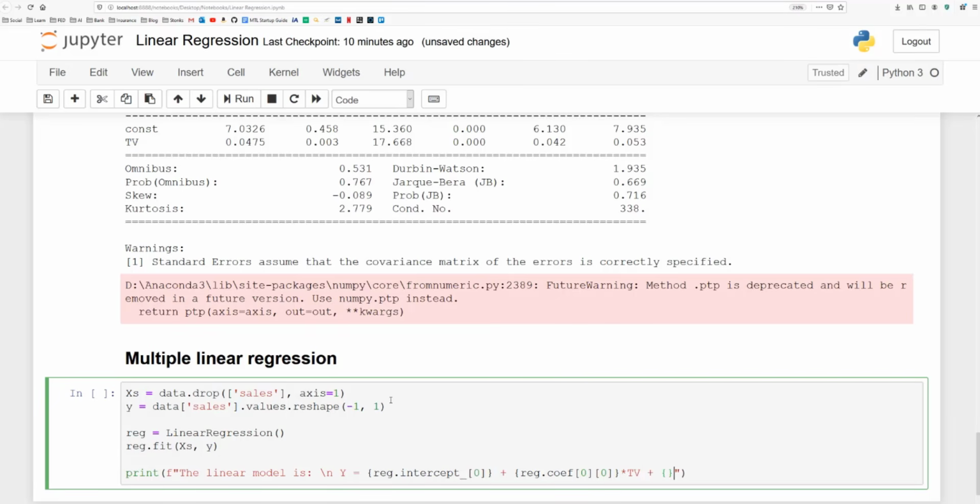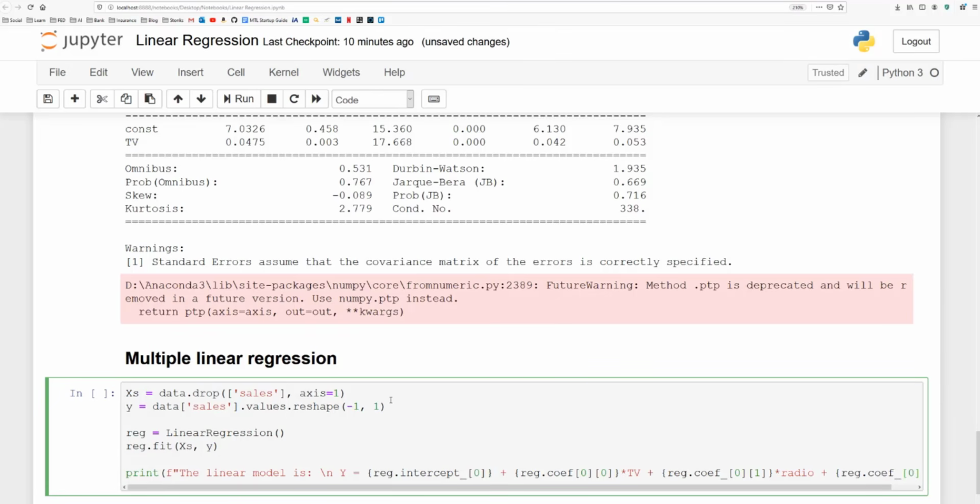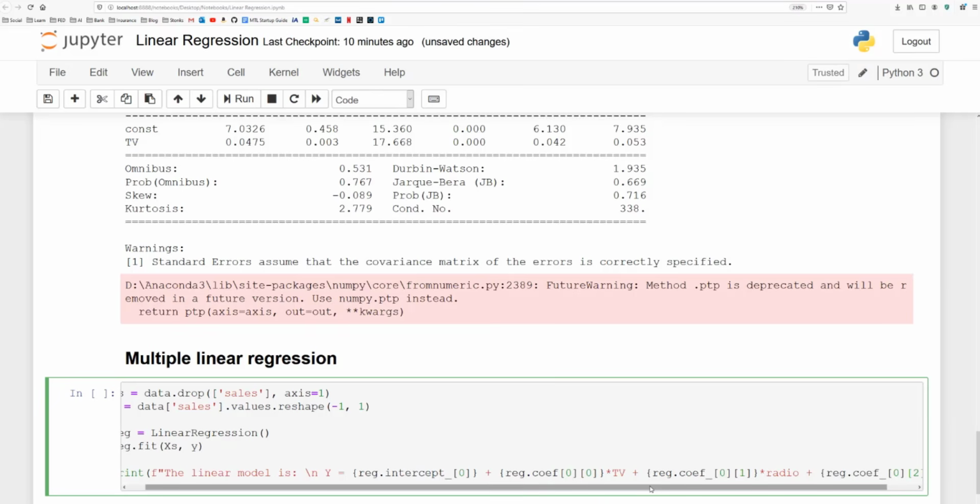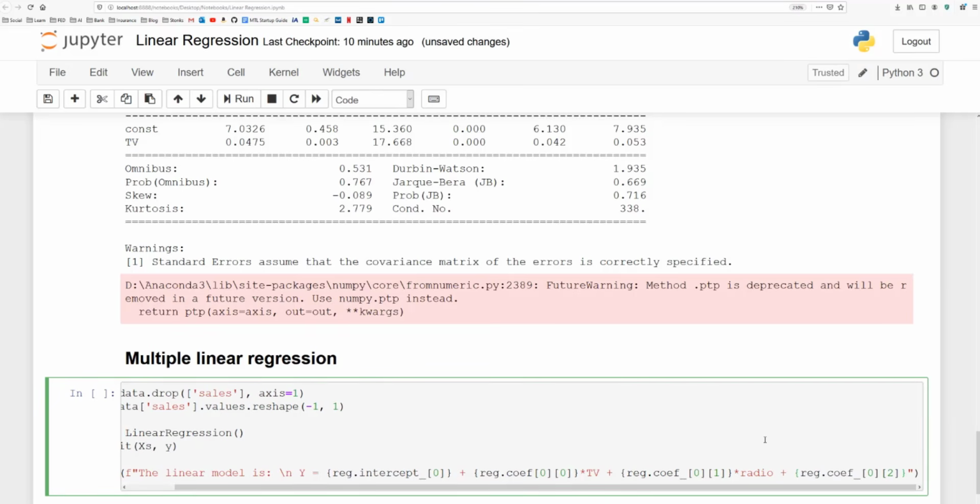Afterwards, we're going to add the coefficient. So the second one, this is not in the brackets. Sorry about that. Radio, and let's put all of this inside the brackets. Start the squiggly brackets, right? And now we're going to add the last coefficient, so reg.coef_[0][2], sorry, and let's bring this a bit to the right so you can see the code. We multiply that by newspaper.